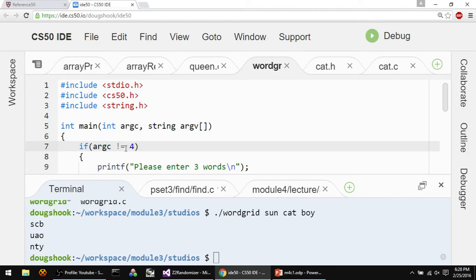Wait, didn't I just say 3? Why 4 then? Yeah. The name of the program is the first one, right? So argc needs to be 4. If they didn't give me 3 words, then I want to stop them and tell them to give me 3